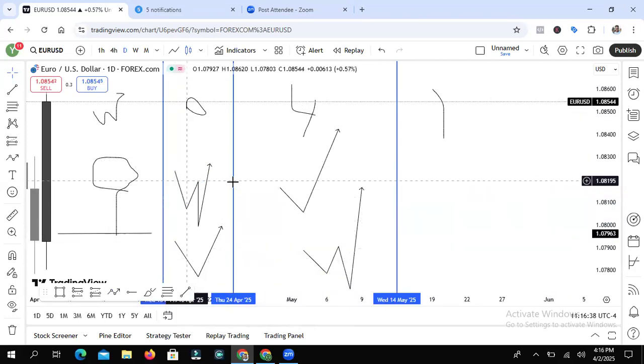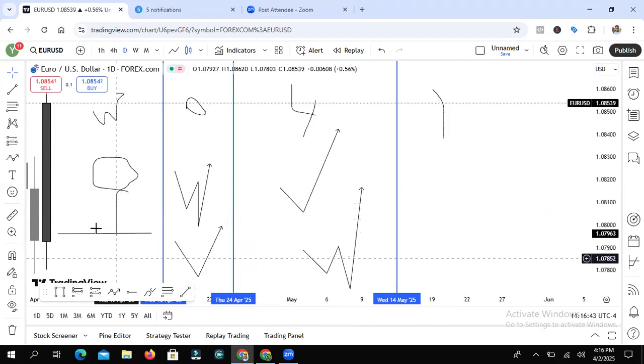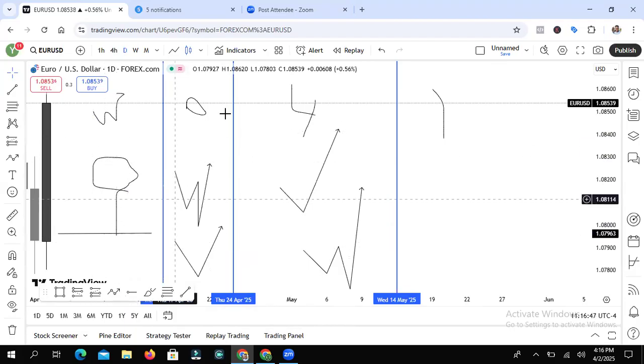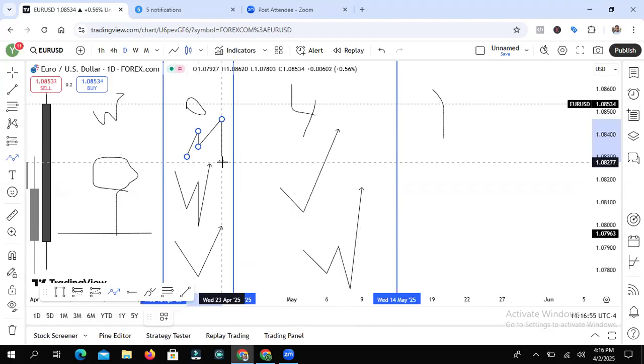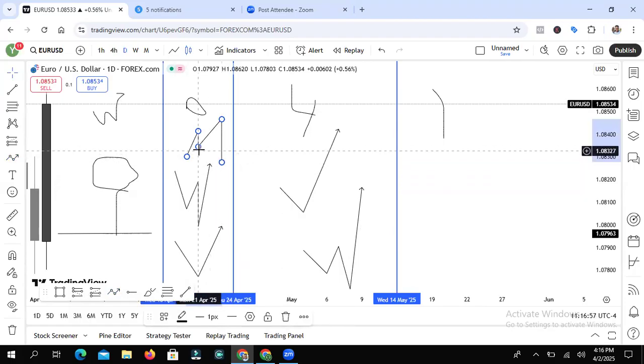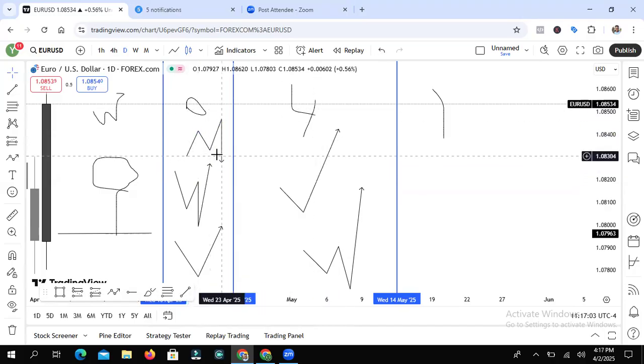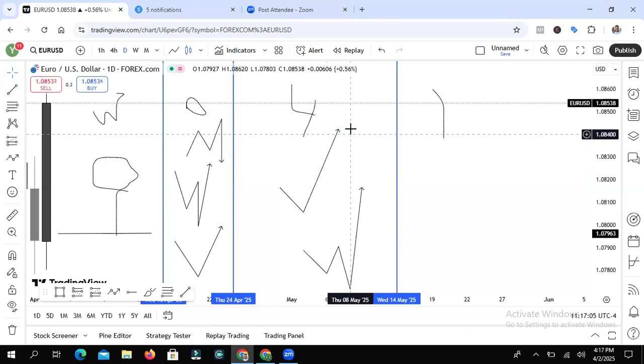When you want to look for sales, you look for selling opportunities, you need weekly reject weekly on the weekly time frame. You move one time frame lower, which is the daily. You want to see a sweep and break to the downside, which would be something like this. It will look like an M to the downside. Then on the 4-hour, this sweep and break will give you a breakout.